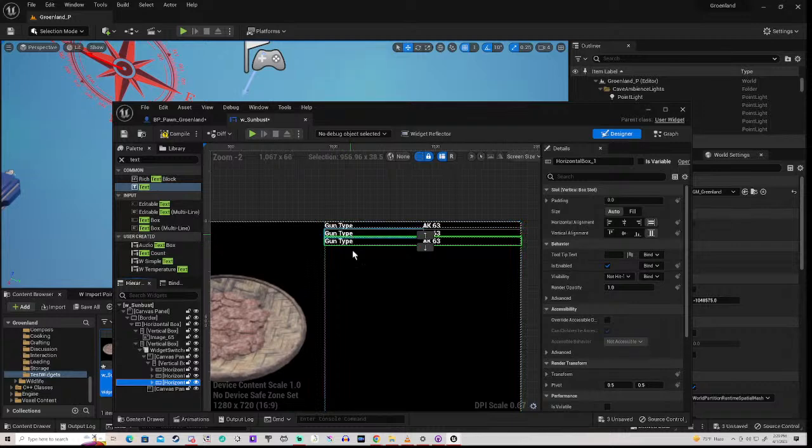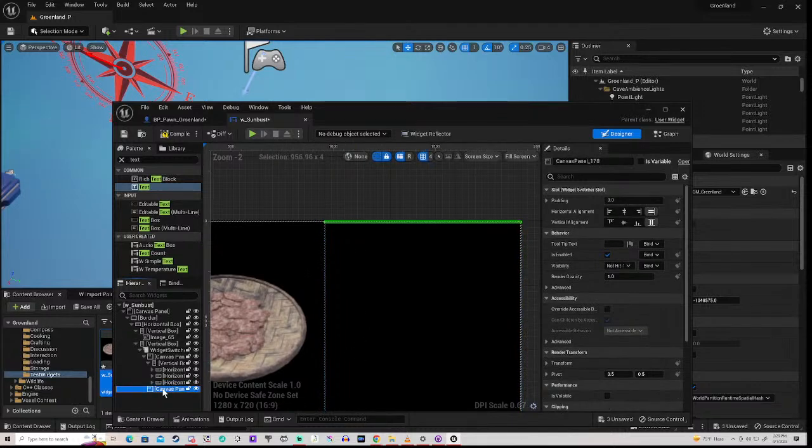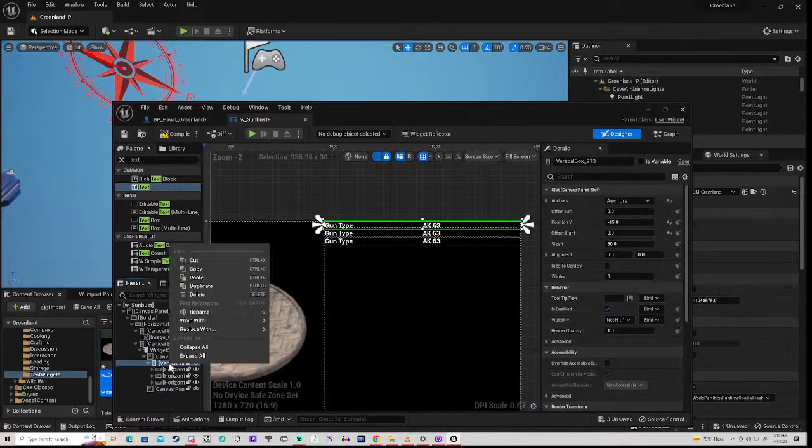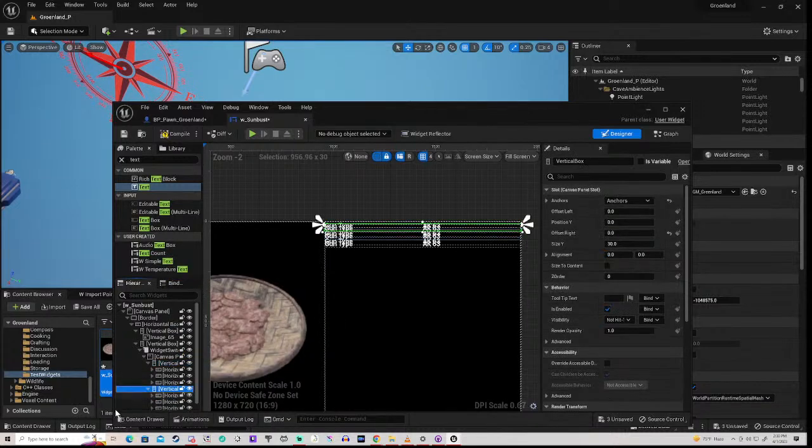So you'd have the gun type, and then say for example in here we've got something that's completely different, right? So we could duplicate that, then put it in there,